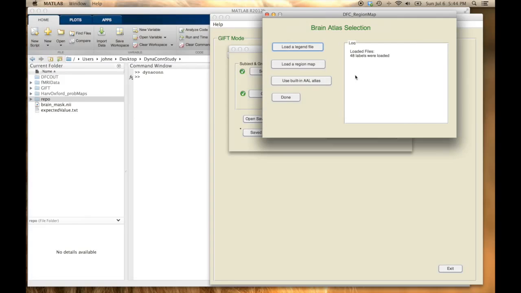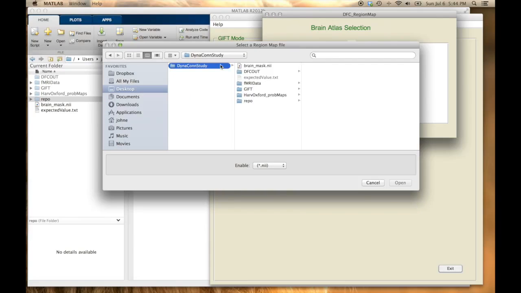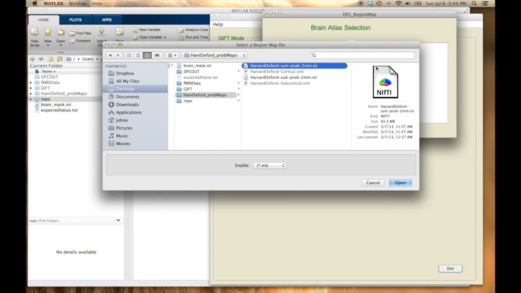And so if I click open, it's loaded those labels. And then after that, you click on Load a Region Map, which is a nifty file. It's actually the nifty file that has the 3D delimitation or the 3D region itself, all the 3D brain regions. So I'll click on the cortical section,